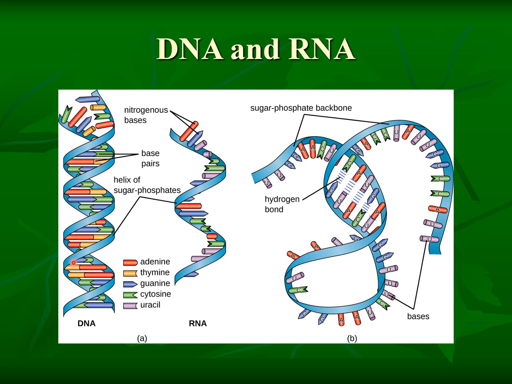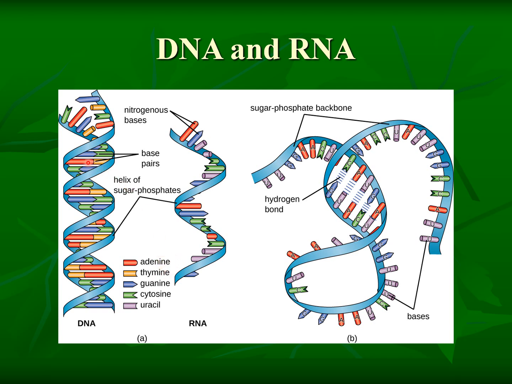So if you want to visualize it almost like a ladder, where your sugar phosphate are the sides of the ladder, like what you would hang on to, and the rungs that you would be sticking your feet on would be the bases. But then it's twisted into this double helix form. Now, RNA tends to usually be single-stranded, but same thing, sugar phosphate backbone with the nitrogenous base sticking off of it. With the bases, we'll get into this again in a moment, just know for now that A and T